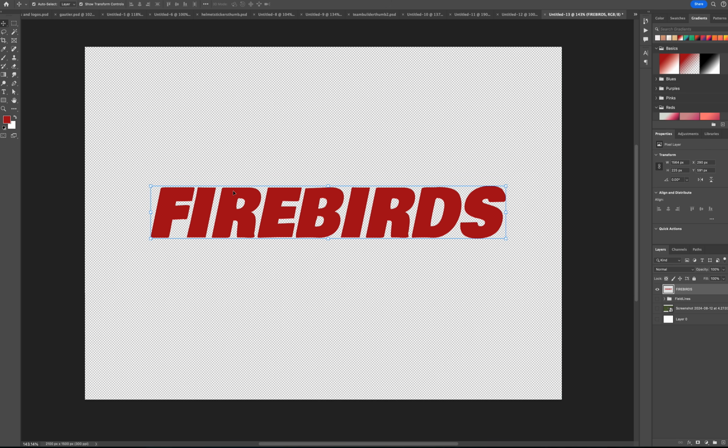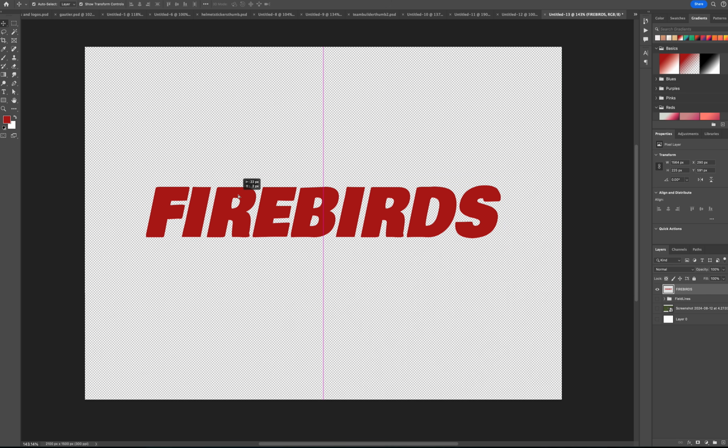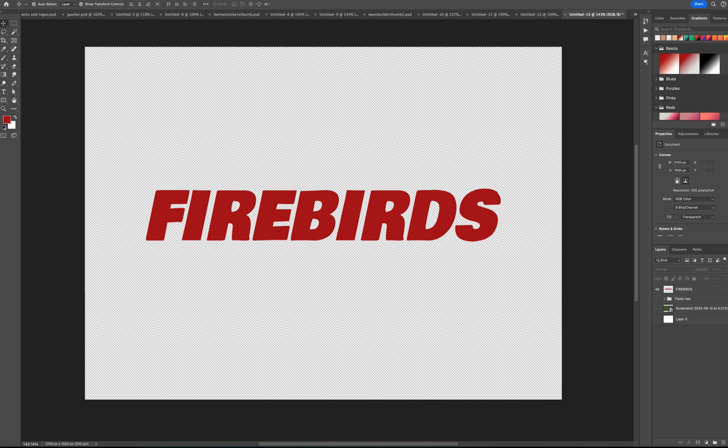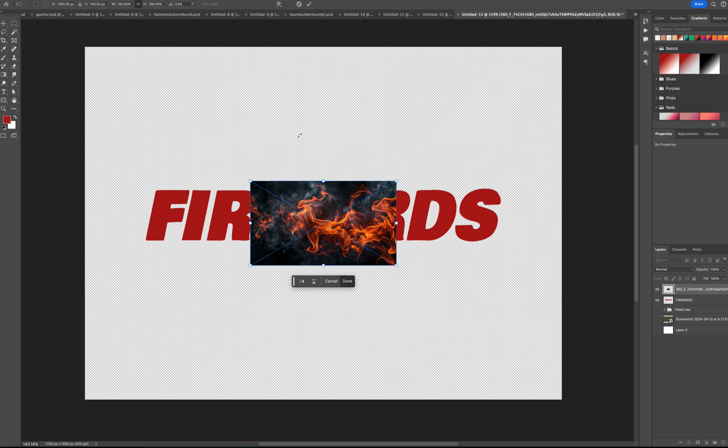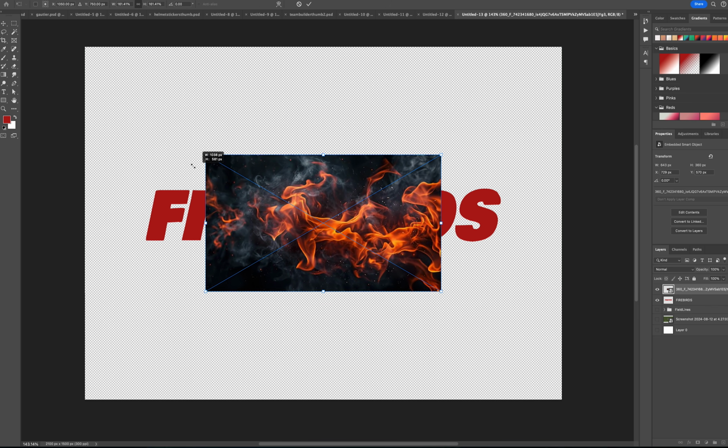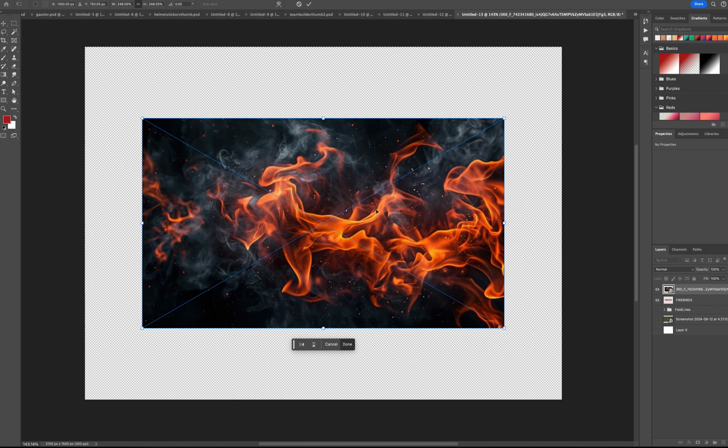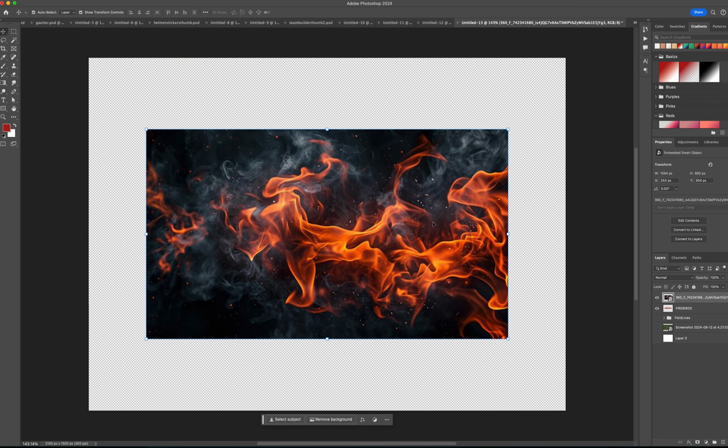And there we go. Now we're going to drag in from our desktop the flame graphic that we just found online. And now here's the cool part. We're going to resize this so that it is completely over top of the Firebirds text. Okay. Now that we've got it over top of the Firebirds text, you could do this in any order, but